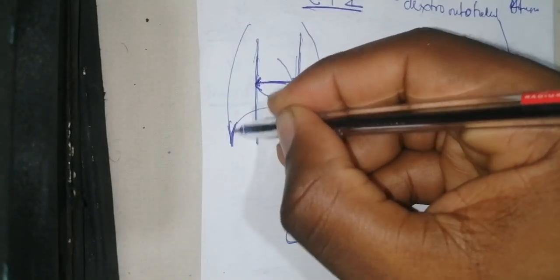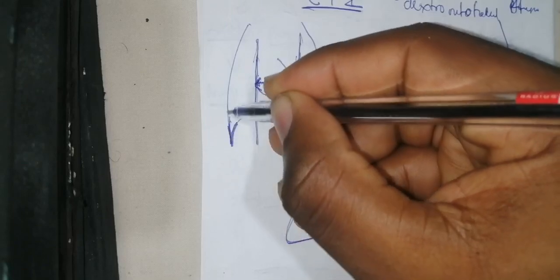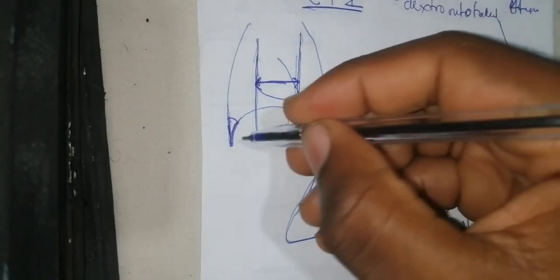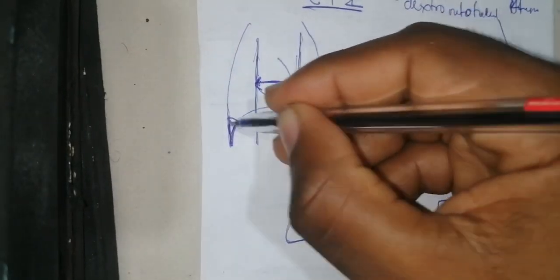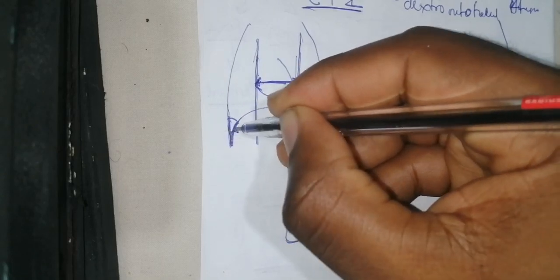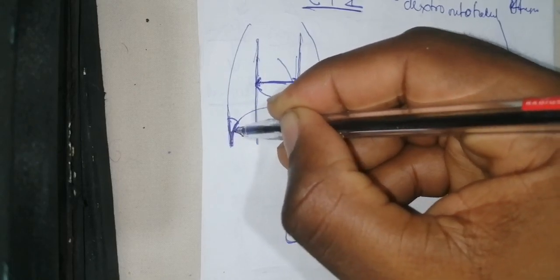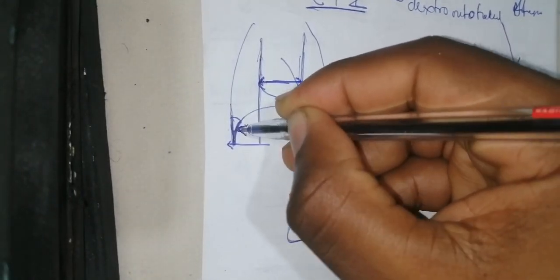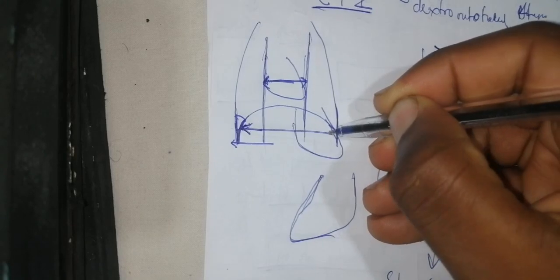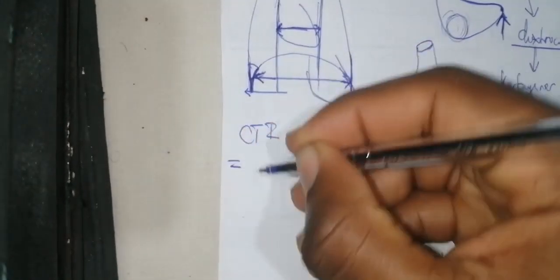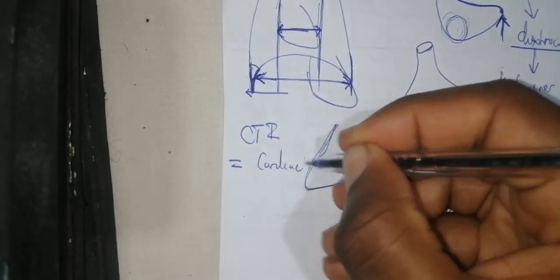To measure the thoracic diameter, you measure where you have the diaphragm associated. This is the costodiaphragmatic angle. Is it clear? This is another costodiaphragmatic angle. You measure from the internal aspect of the costodiaphragmatic angle, not from the external aspect. Please measure from the internal aspect of one costodiaphragmatic angle to the internal aspect of the other. Is it clear? So the cardiothoracic index is going to be the cardiac diameter